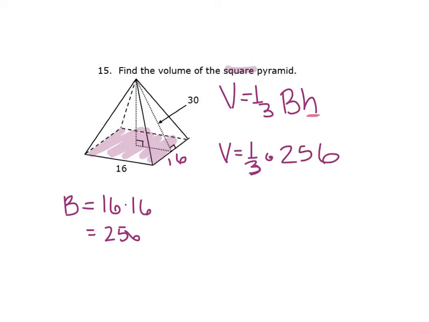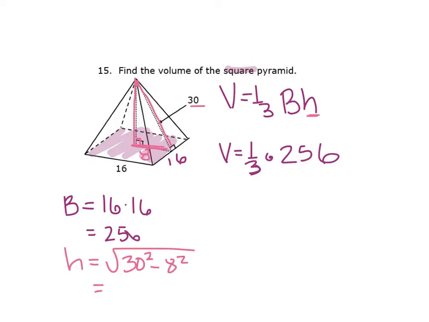The height is from this vertex of the pyramid all the way down to the center at that 90 degrees. Because it's a square, I know this length is 8. The slant height was given at 30, and we're going to use that to find the actual height. We're going to have to use Pythagorean theorem. The slant height is going to be the hypotenuse, so it's going to be 30 squared minus 8 squared,